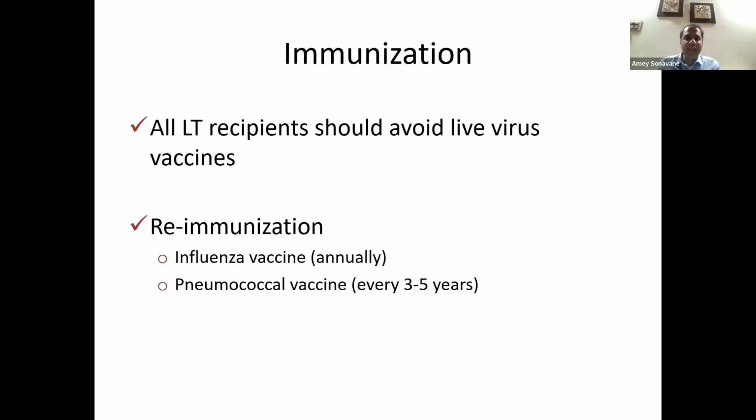Immunization, we should avoid live vaccines in all transplant patients. As a protocol in our institution, pre-transplantation we immunize these patients with an influenza vaccine, with a pneumococcal vaccine, as well as with the hepatitis B vaccine. But if these patients are long-term in your follow-up, then you must give them the annual flu vaccine, and every 5 years the pneumococcal vaccine post-transplantation. But do not give these patients live vaccines, because it is not recommended in patients who are on immunosuppressive drugs